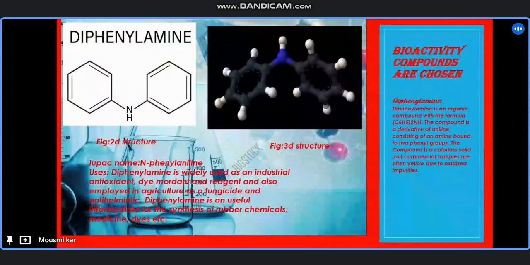So next, bioactive compounds are chosen. I have chosen three bioactive compounds. First, namely diphenylamine. Diphenylamine is an organic compound with a formula